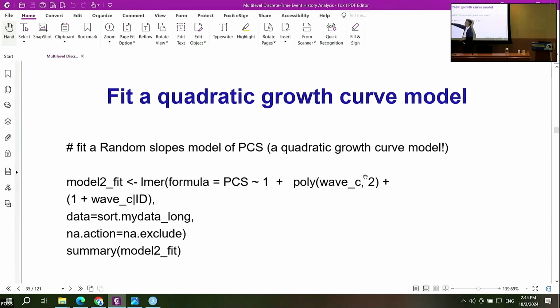You often don't need to write in formula equals, but for completeness, we can say formula equals the dependent variable PCS is a function. There's no explanatory variable, so it's just an intercept over here, the constant term, plus